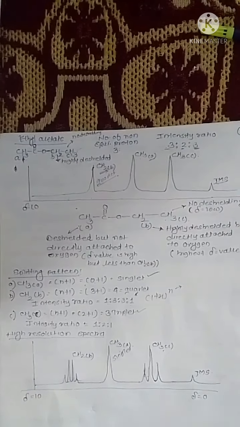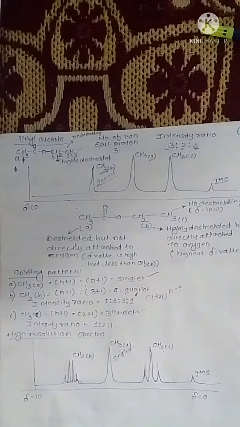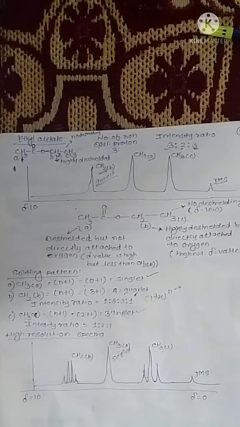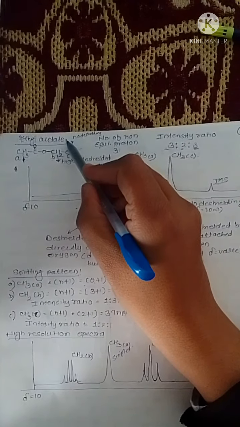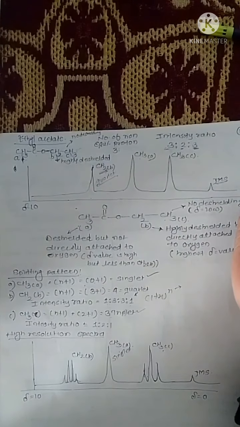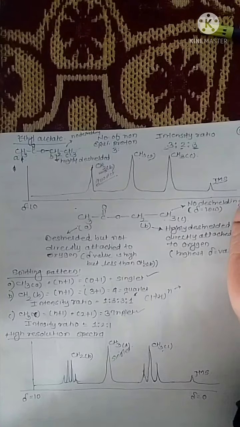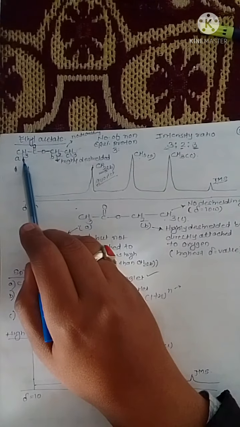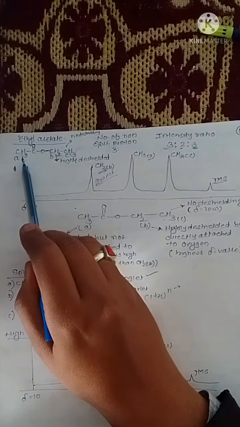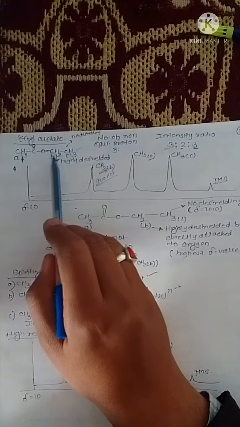Good morning, student. Today we are going to see the NMR spectrum of ethyl acetate molecule. So just see here that this is the formula of ethyl acetate, that is CH3 C double bond O CH2